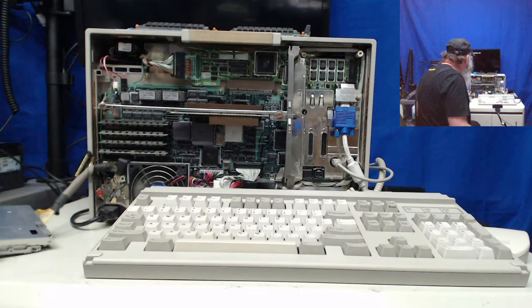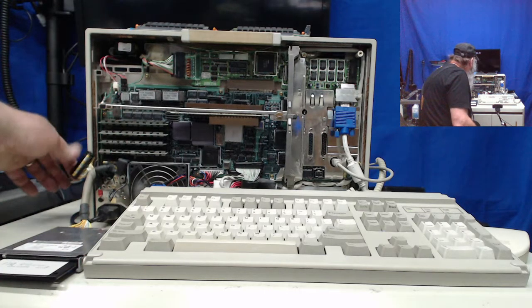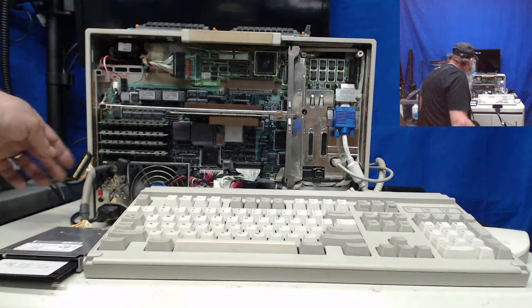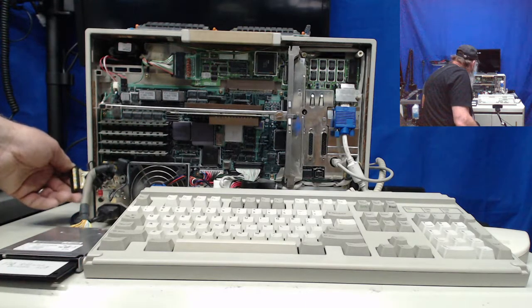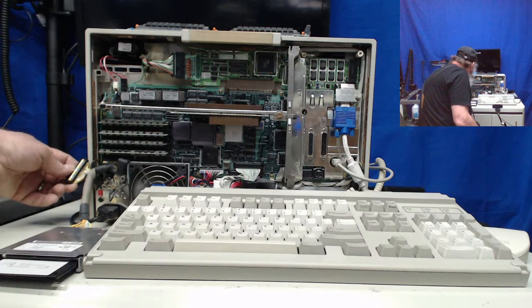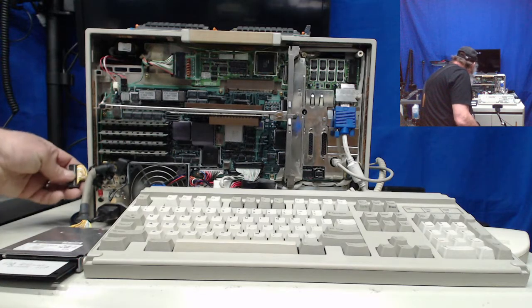And you can probably use an example if you don't have the direct replacement for this cable. Pin 1 is a gray connection, and that is actually on